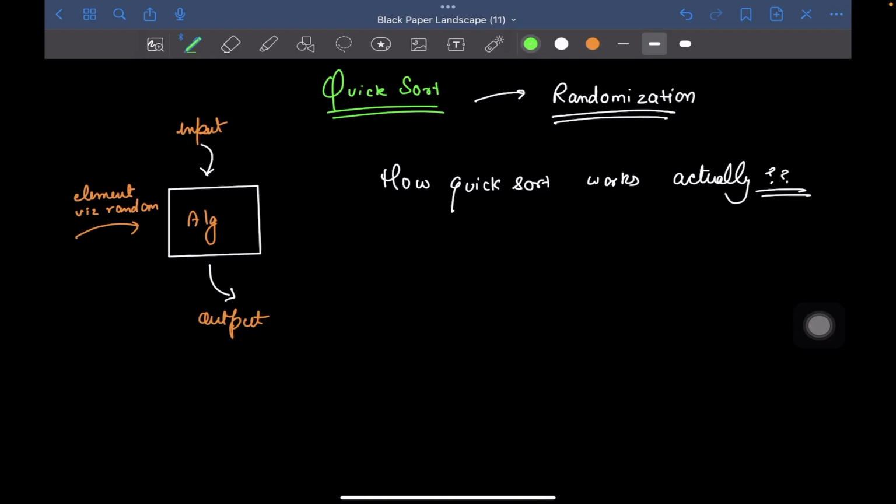If you try to understand the basic nuances around quicksort, then